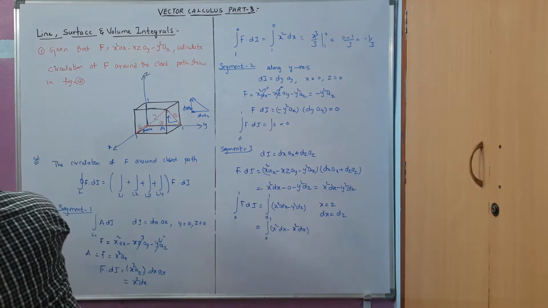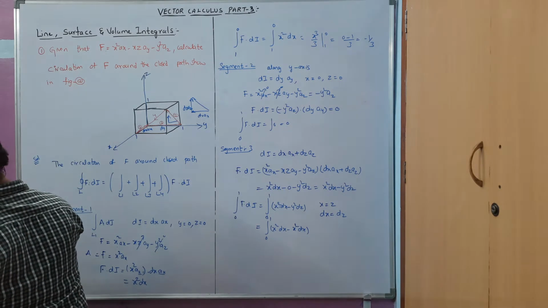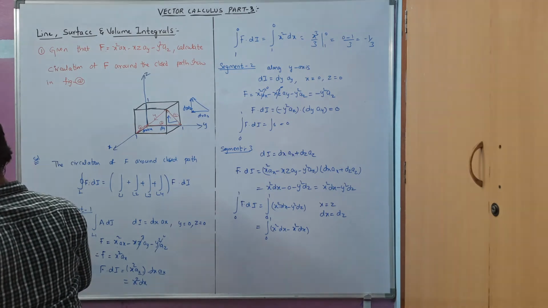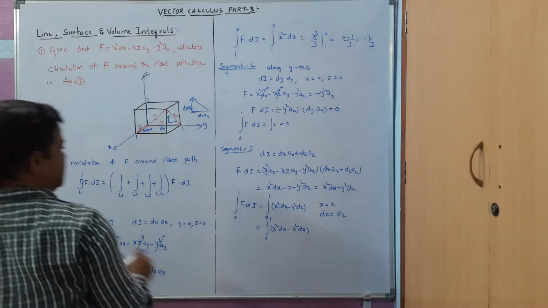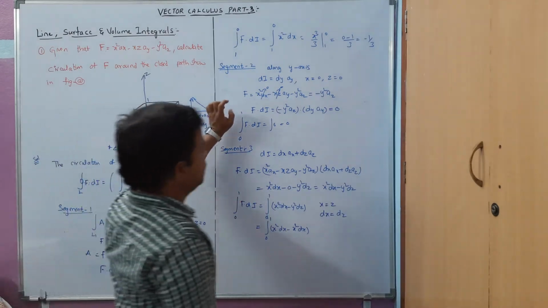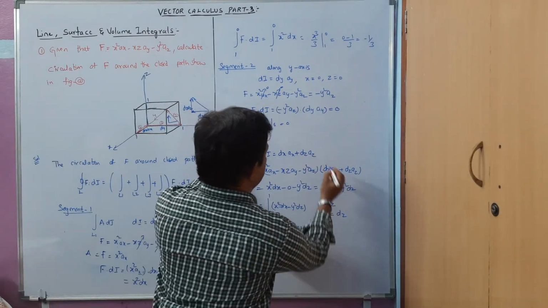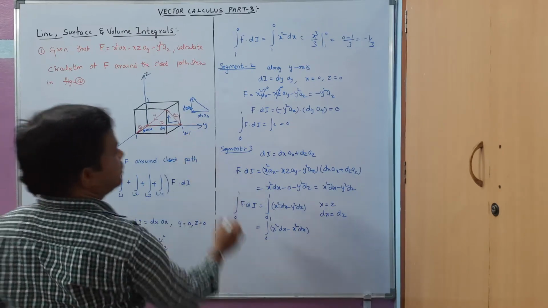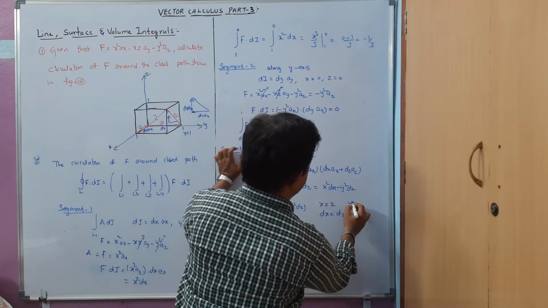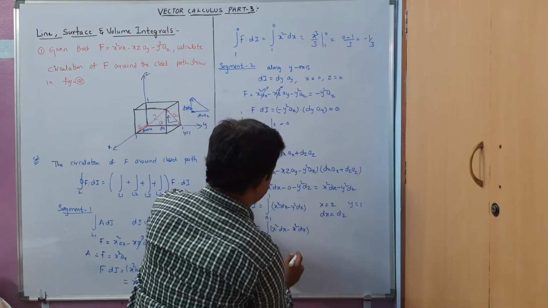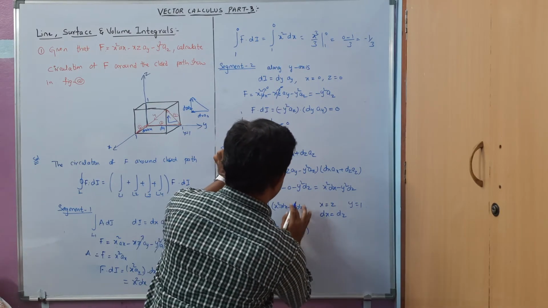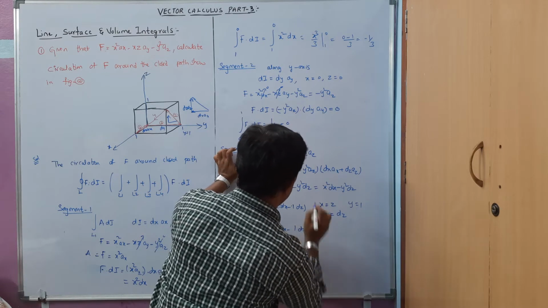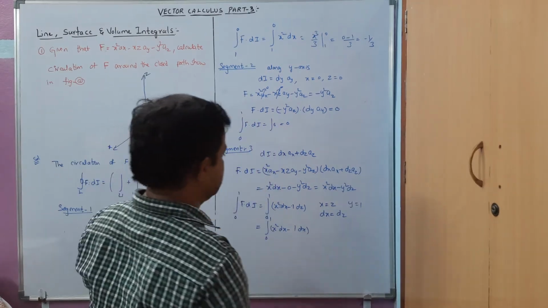So what is the value of y? Actually, here he has given y square, it is not y square I think. So actually we have not taken y is equal to 1 here, that is the problem here. The value of y is 1 here, that's why we have not got this value. Y is 1 here. So now I can get this answer.